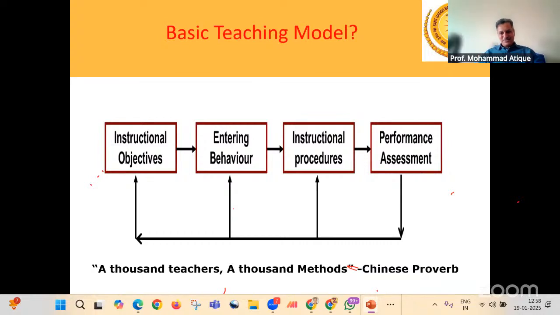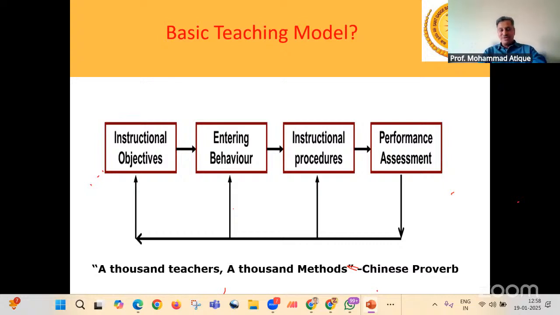But you may ask, sir, is there any single method which is best suited for teaching? The answer is a big no, because 1,000 teachers, 1,000 methods. This is a typical Chinese proverb, and it says that there is no single method which suits every sort of scenario, right? So you have numerous methods. Nothing is right or nothing is wrong, right?